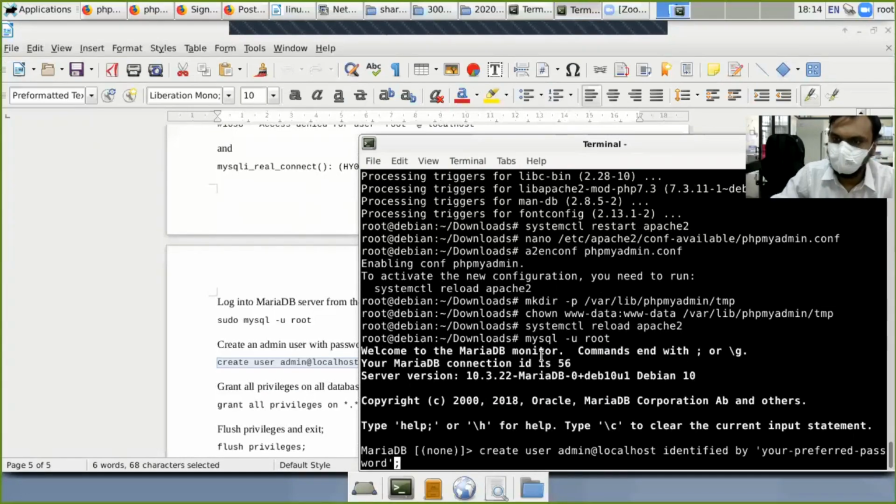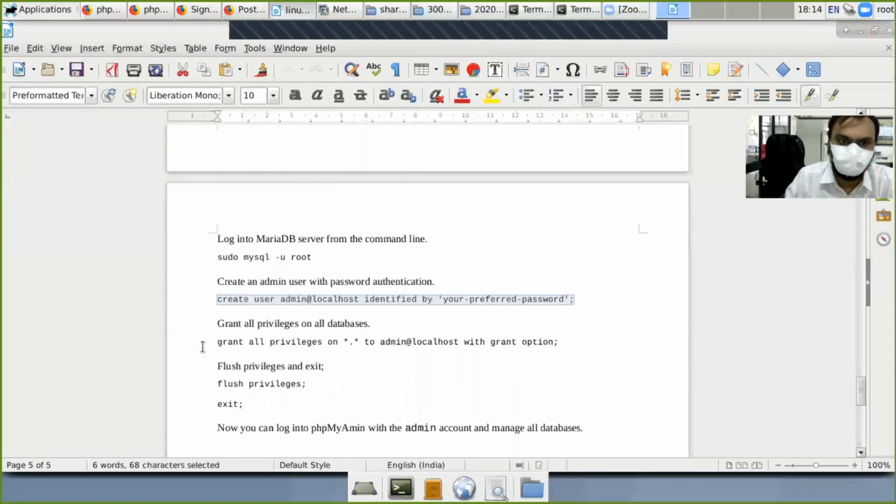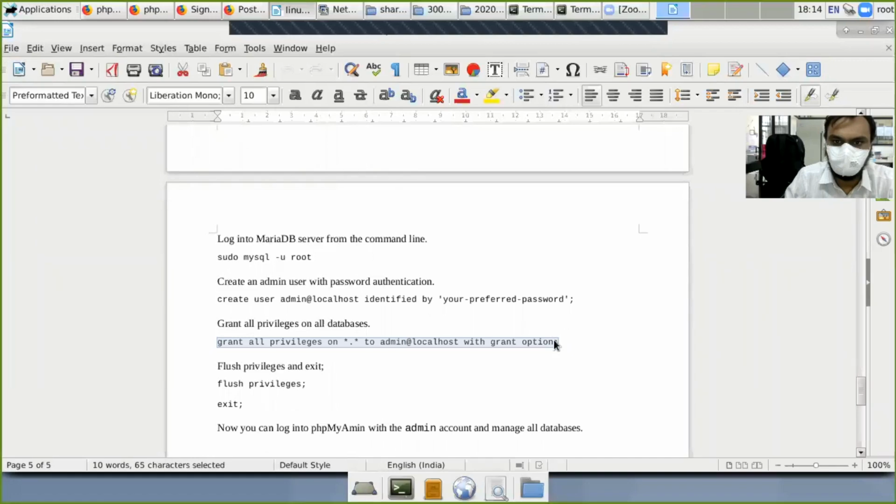Write your password. Like here I will write Horiba. Then grant privileges to it: grant all privileges, flush privileges, and exit. That's very easy.